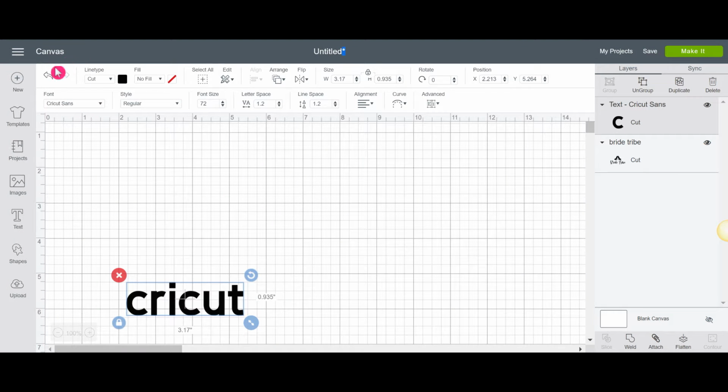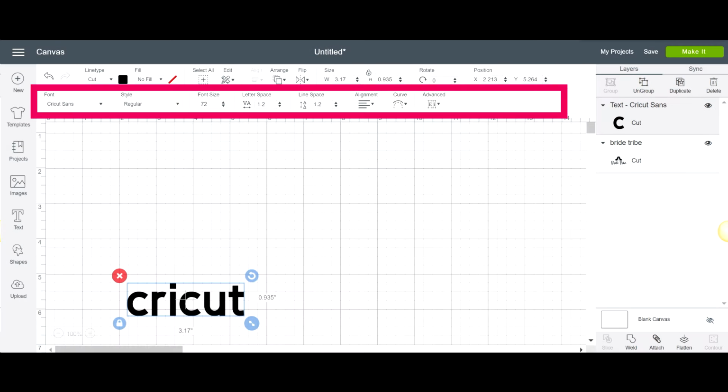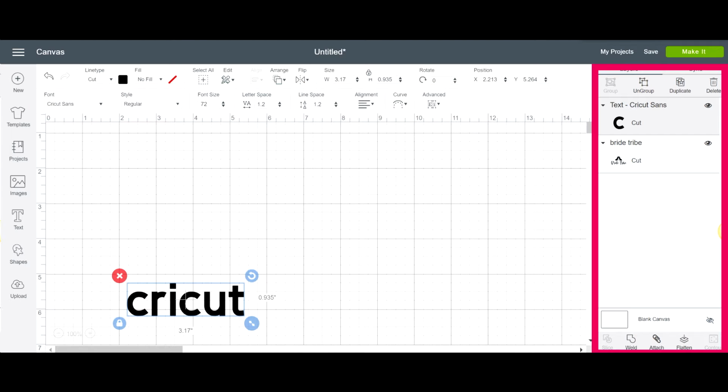Then right under the header we have the edit panel. So here you'll find all the different options to edit your image or edit your project. And right below that we have the text editing panel, and this one only appears when there's a text on your canvas. And lastly, on the right hand side we have the layers panel with all the different options like